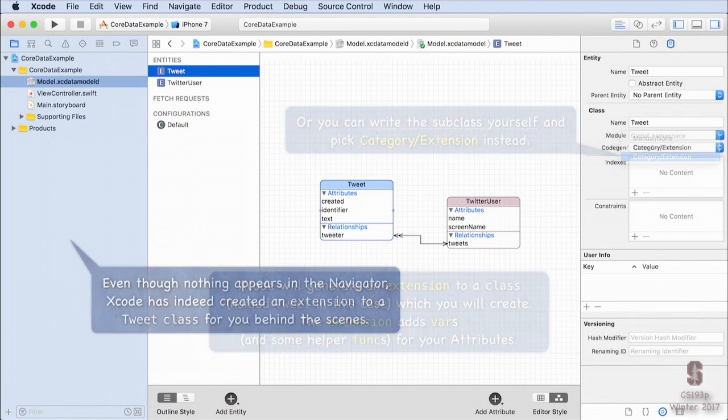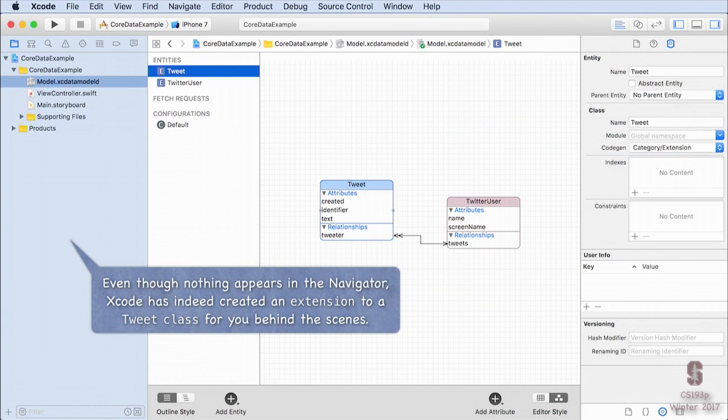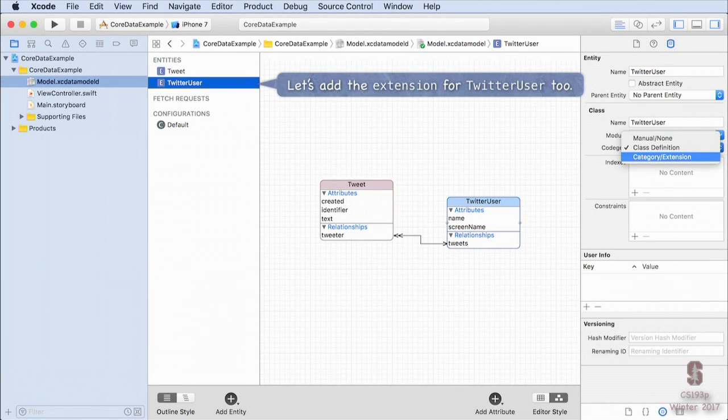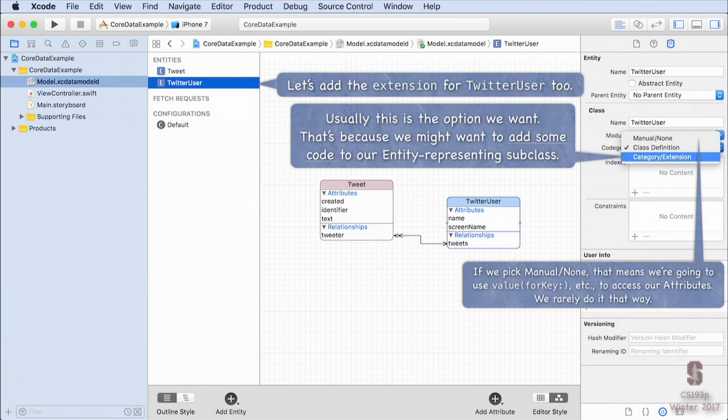So let's see how this works. Even when I switch to category extension, again, I don't get that extension showing up in my navigator. It's kind of hidden from you. Here I'm going to add the extension way of doing it for Twitter user too. So both tweet and Twitter user are going to have extension generated. And why do we like this one?